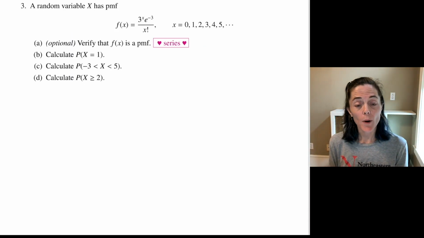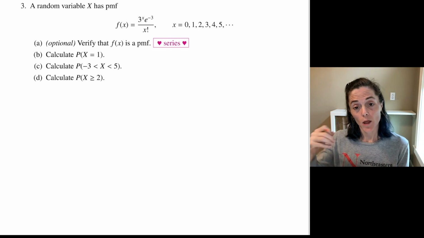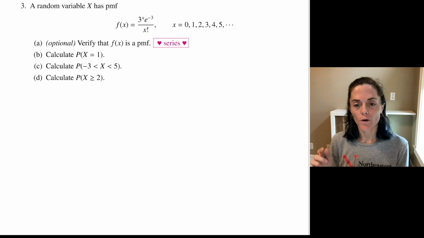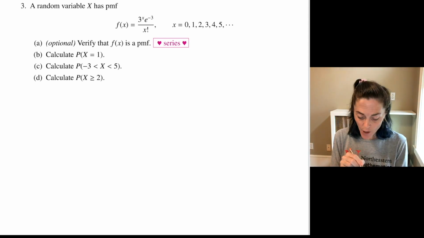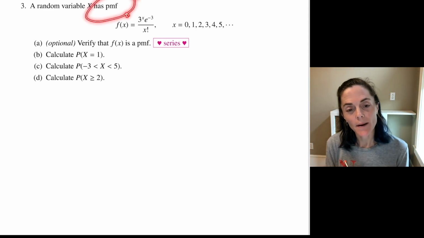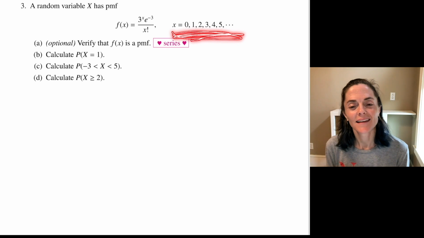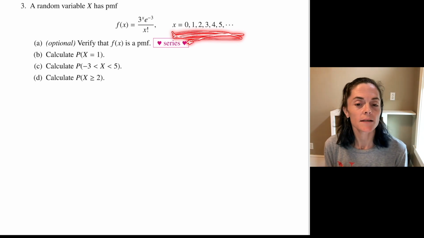Well, we have a probability mass function, 3 to the x, e to the minus 3 over x factorial. Now, you know, even if it didn't say PMF, we know this random variable is discrete. And this is our first example where we see a countably infinite set. The support of this random variable is the non-negative integers. Okay, well,